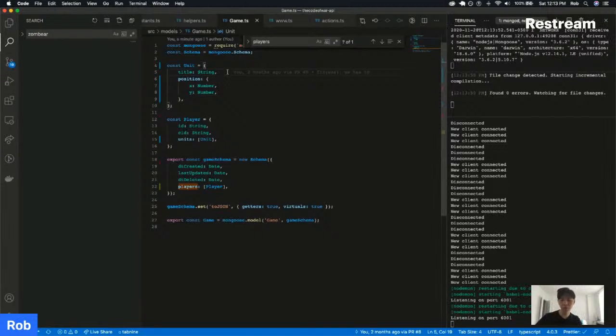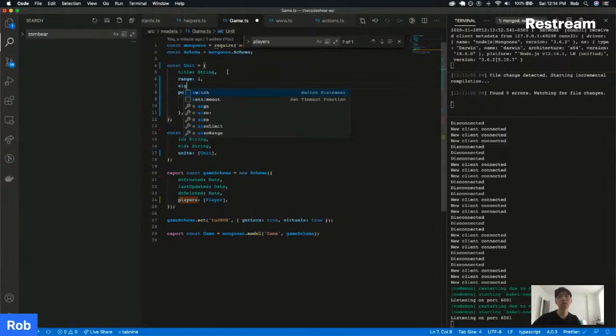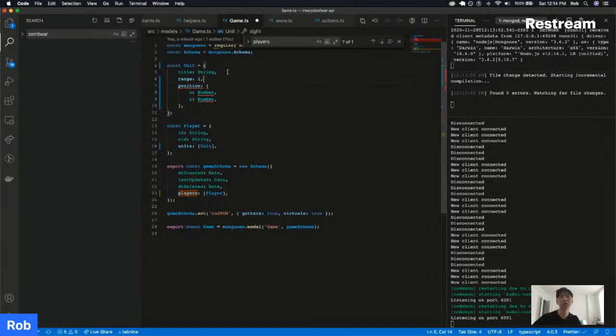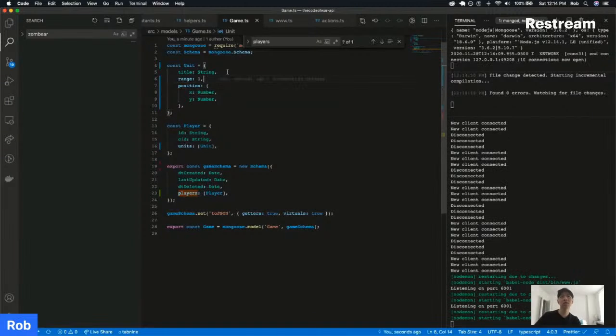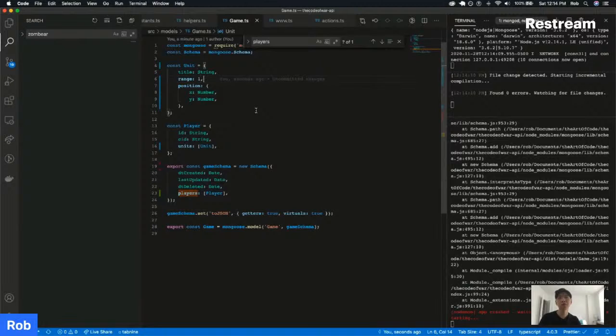And probably range. Let's say range 1 site. Not site. Let's do just range. Okay, so